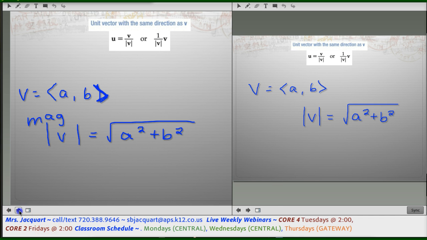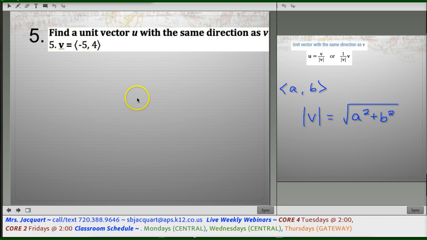Okay. Let's go. Find the unit vector with the same direction as V. So we're just going to look at a unit vector. So U will equal the vector V divided by its magnitude. So this equals vector V